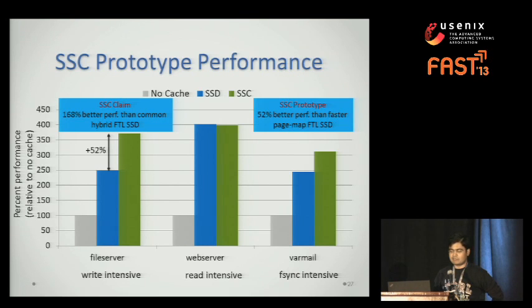In the case of read-intensive workloads, we didn't see any performance improvement or degradation, as we projected earlier in simulation. For async-intensive workloads, which are pretty common in mail server environments, we found that we can still provide 27% performance improvement because now we have one level of mapping which is stored completely within the device, as we projected in simulation, which needs to be persisted.